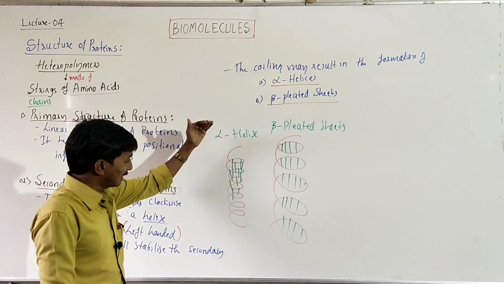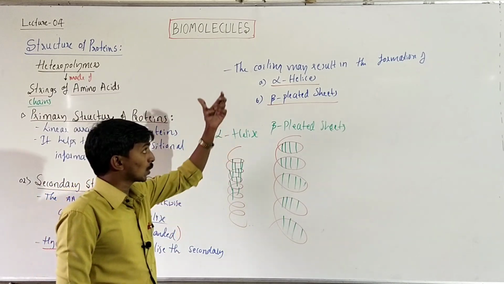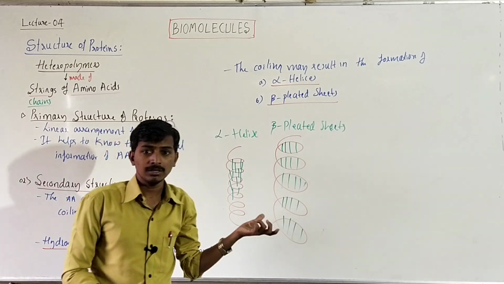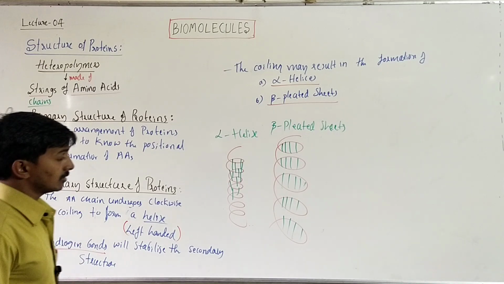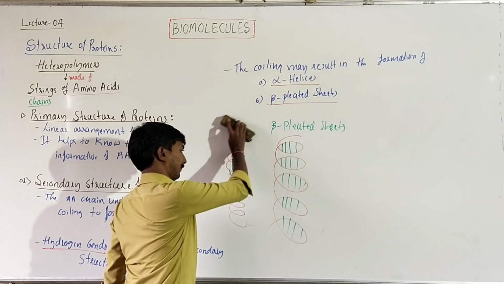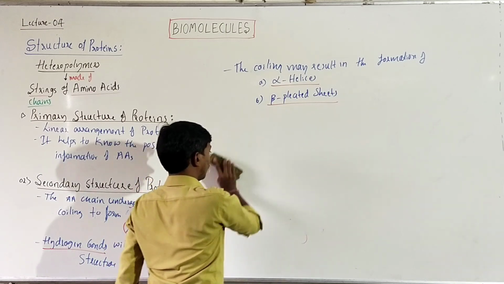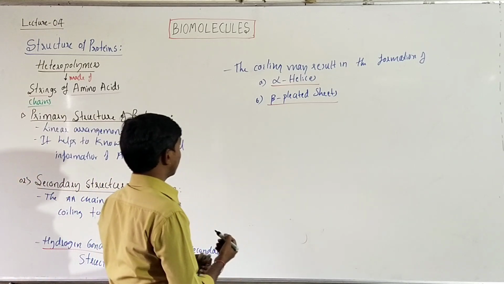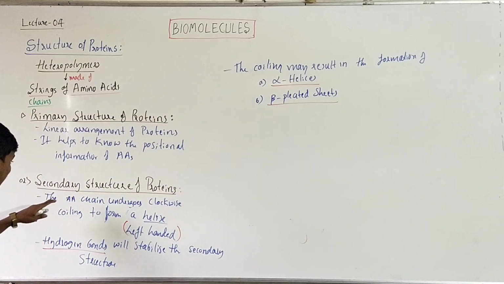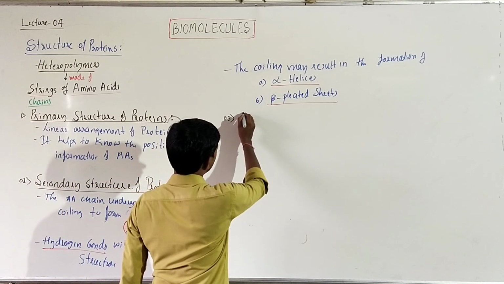So like this, the coiling may form alpha helix, the coiling may form beta pleated sheets, right? That is the brief idea about a secondary structure. Okay, next, after this coiling, another level of coiling occurs that leads to the formation of tertiary structure. Tertiary structure